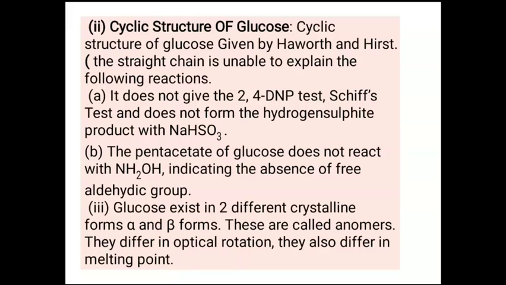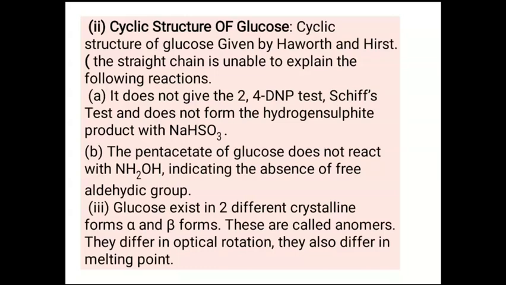Now there are some reactions which are not explained by the open chain structure of glucose. These reactions can only be explained if we consider the cyclic structure of glucose. What are those reactions? Number 1, glucose does not give 2,4-DNP test, Schiff's test, and does not form the hydrogen sulfite product with sodium bisulfite. Number 2, the pentaacetate of glucose does not react with hydroxylamine,